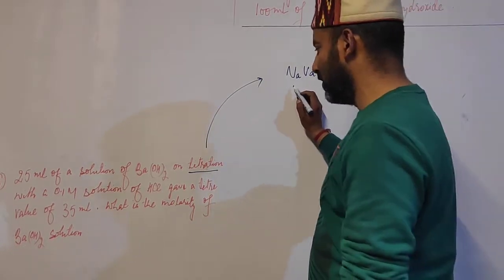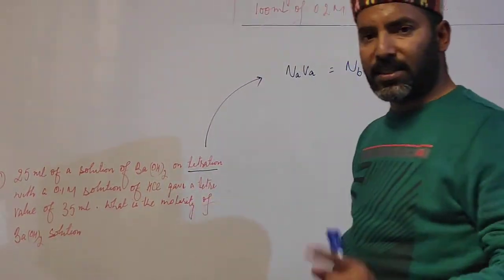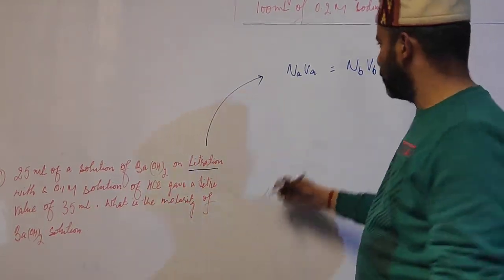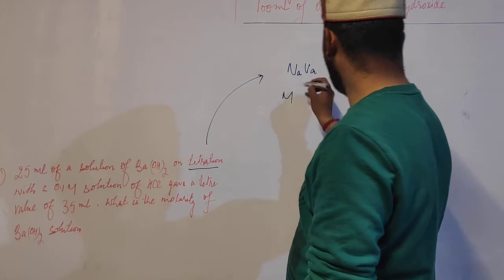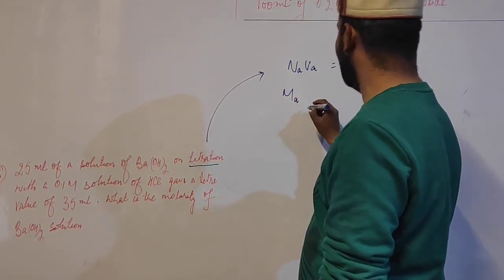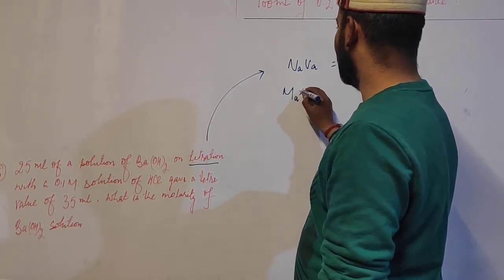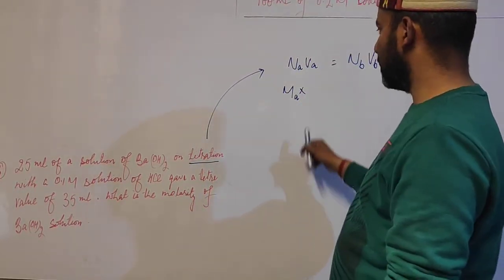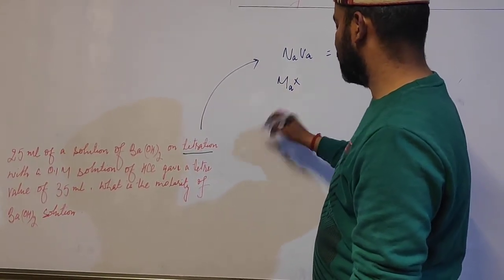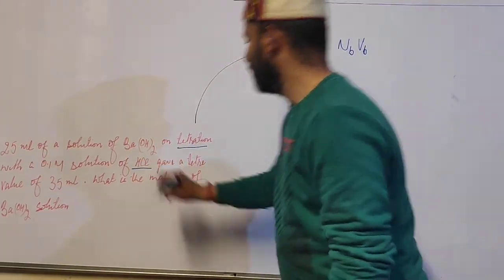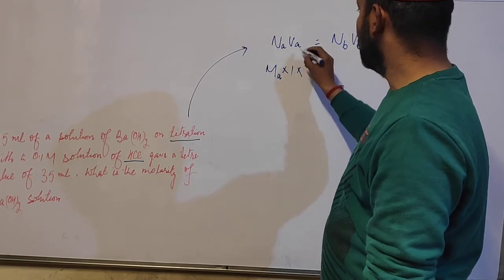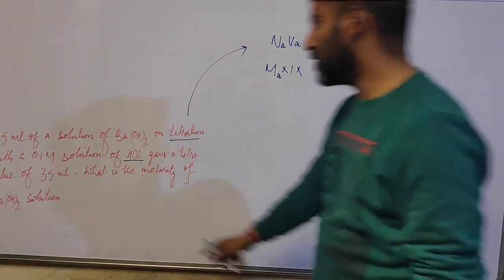So this is for acid. Now acid we have HCl, and HCl has basicity 1, so for HCl the normality and molarity are the same. So now we convert: this is molarity of acid into what? Its valency factor, which is what? Yes, how much is it for acid? Acid is HCl, so its N factor is 1, into volume of acid.